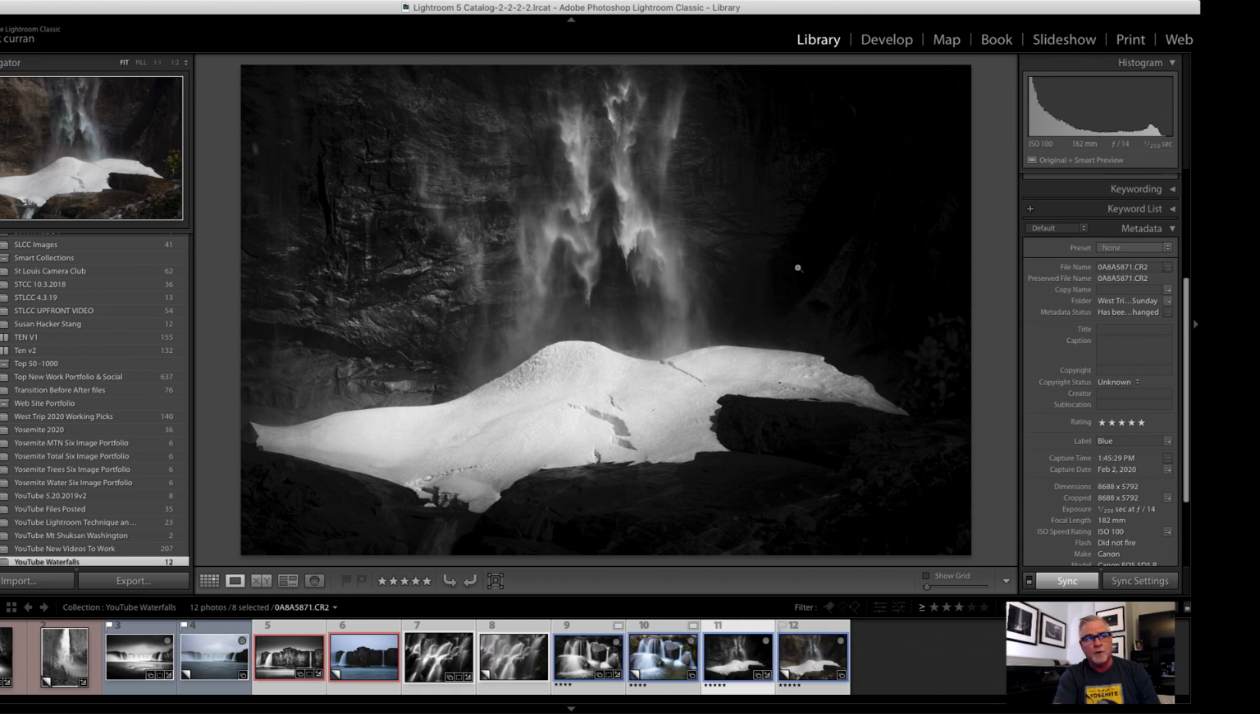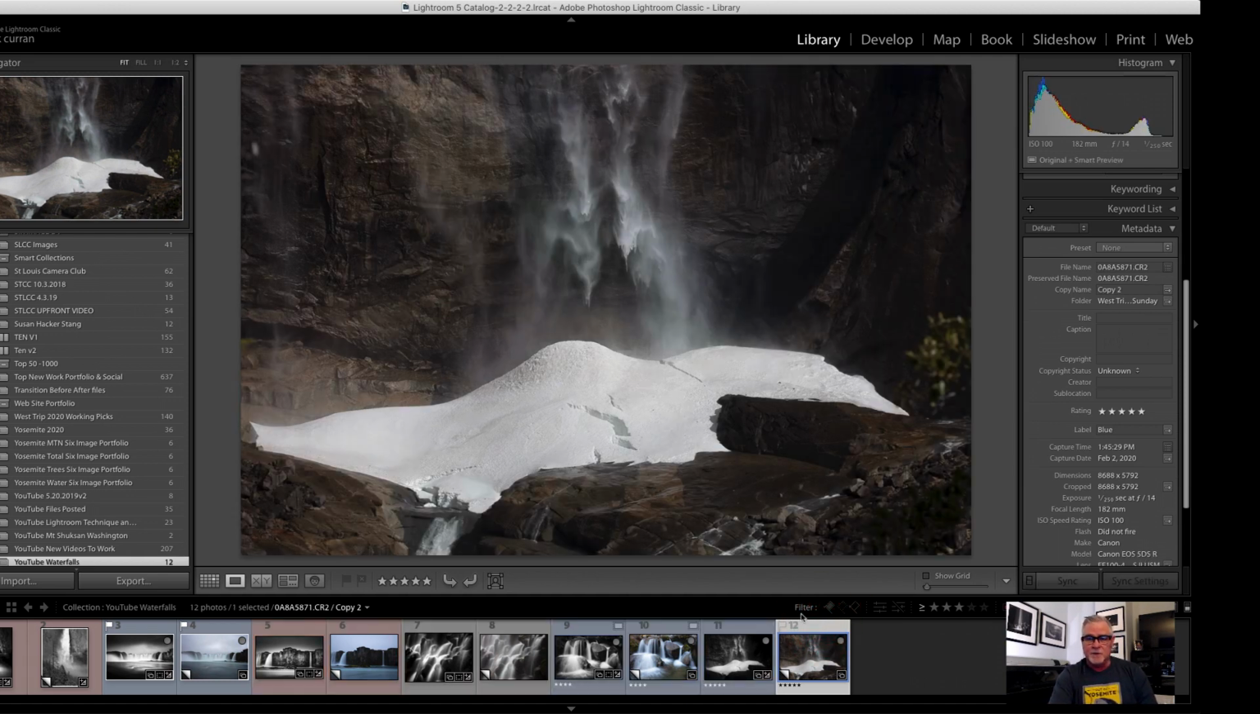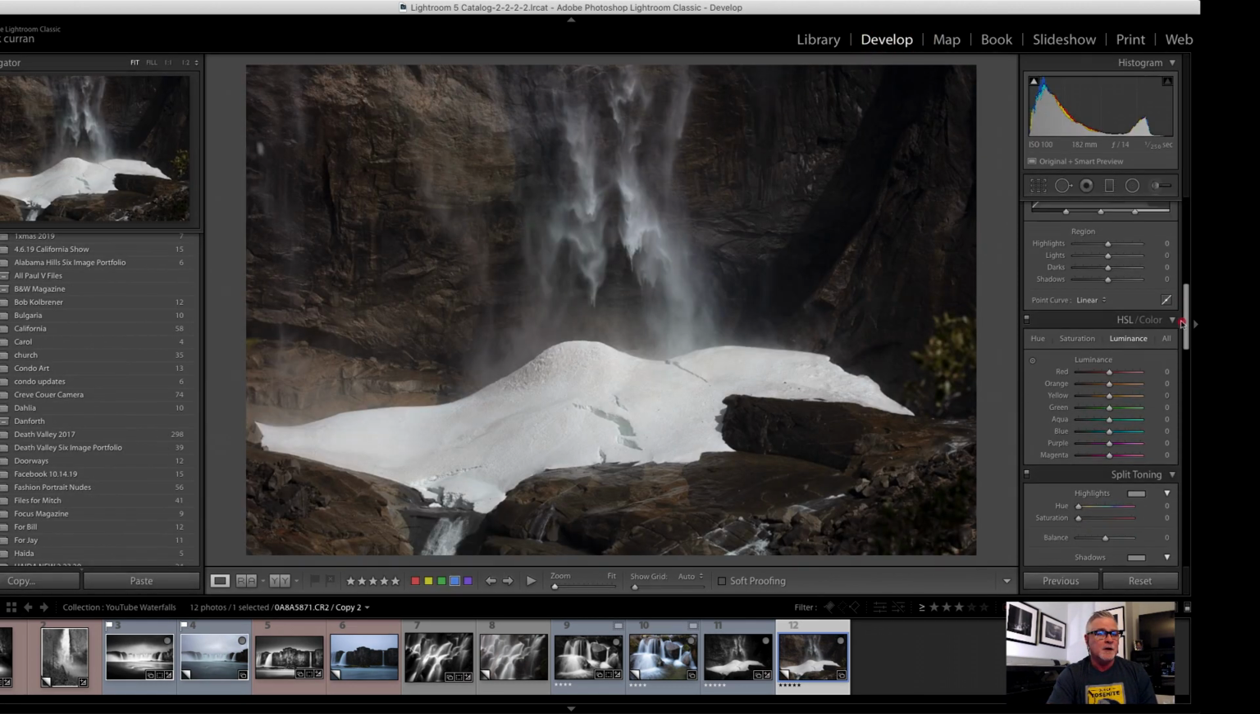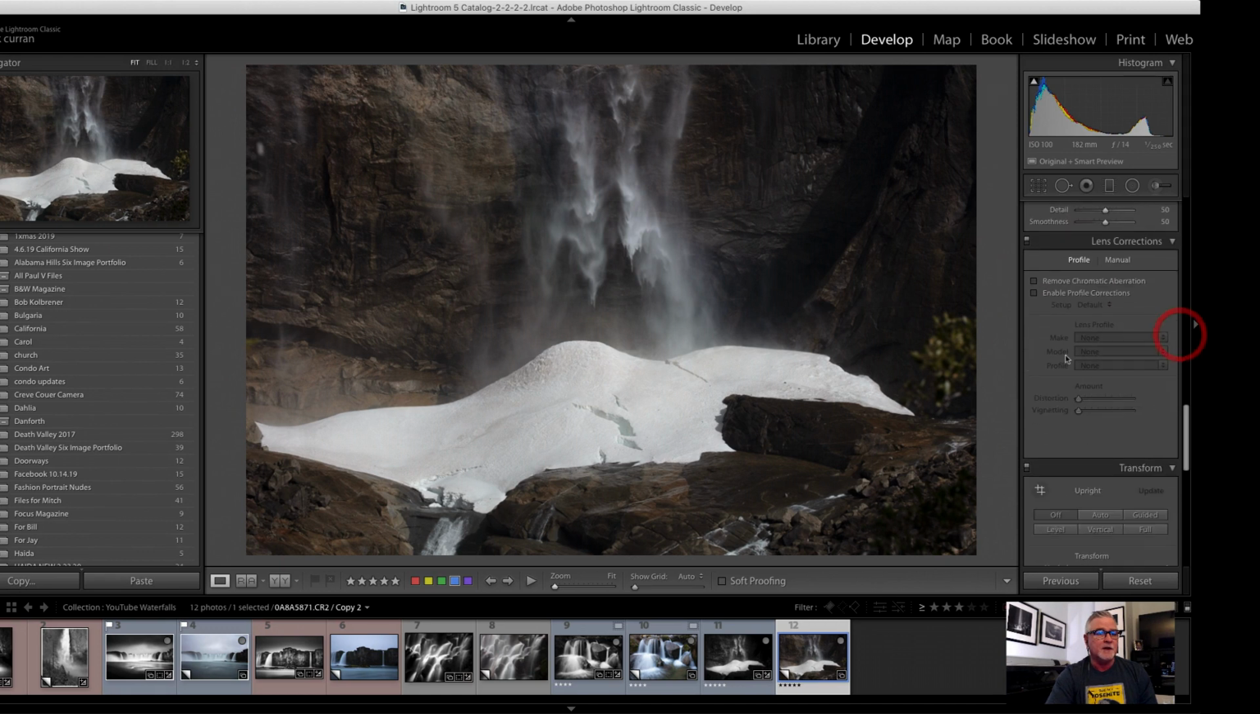Now I could probably pull out more detail here, maybe a little bit more detail down here, and we'll go in and take another look and see how the approach that I'm going to try now is a little bit different than maybe my first attempt. So I want to go back and take a quick look at this. We're going to go into the develop module. I'm going to go down here, and I'm just going to quickly key in on the remove chromatic aberrations and